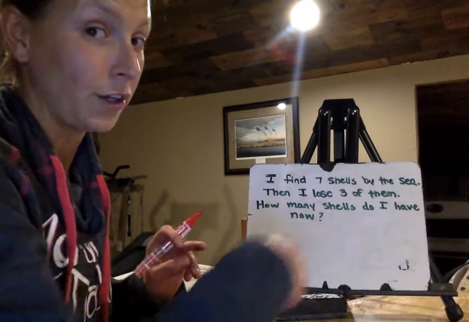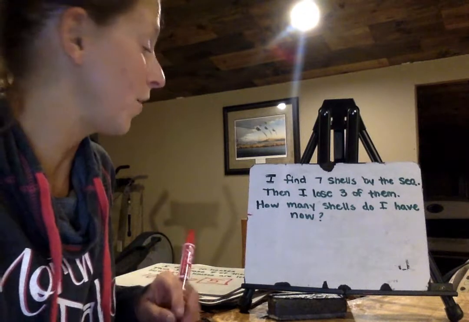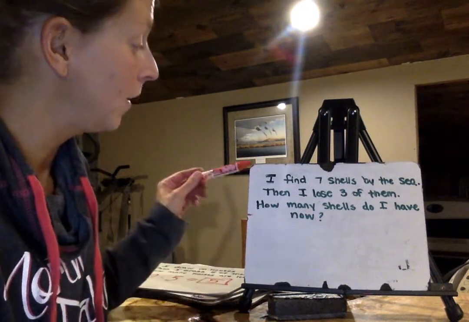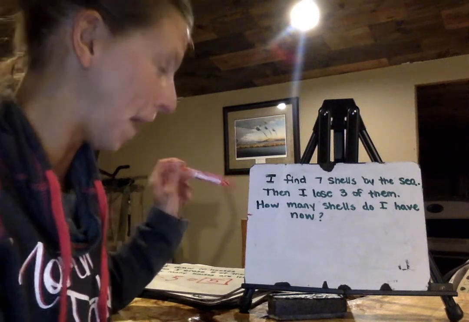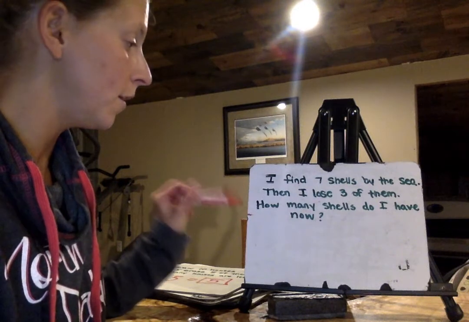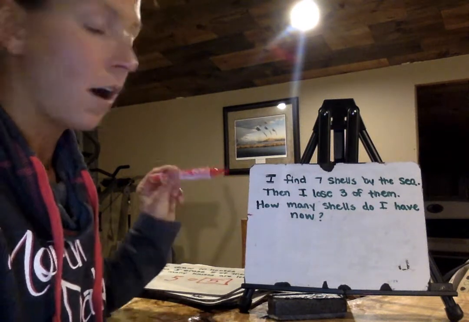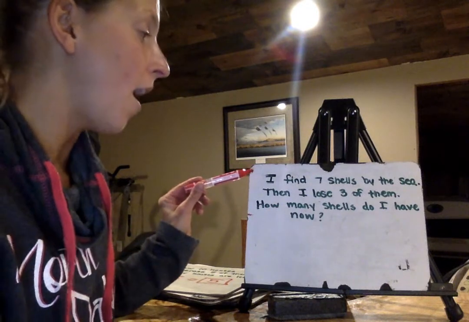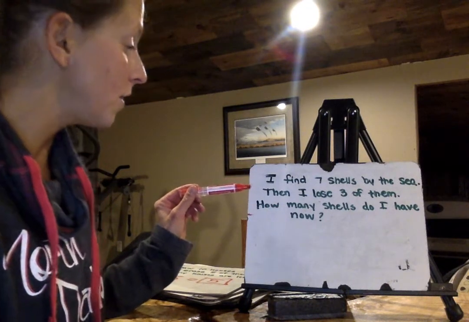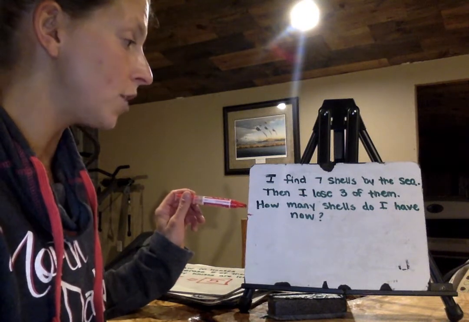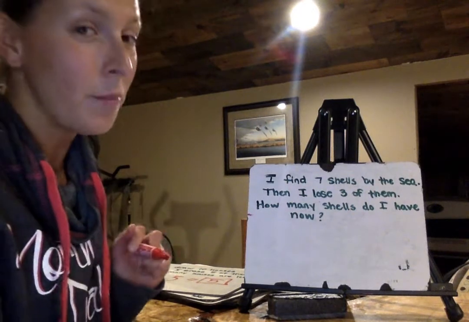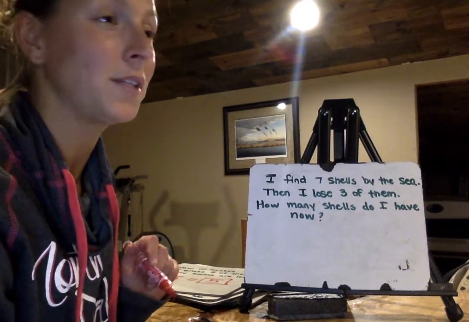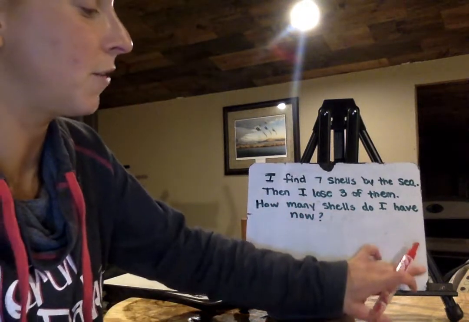And our last and final question, and hopefully you've gotten really good at counting on to find the difference or the unknown partner in a subtraction problem. It says, I find 7 shells by the sea. Then I lose 3 of them. How many shells do I have now? I'll read it again and then you can write the equation. I find 7 shells by the sea. Then I lose 3 of them. How many shells do I have now? Go ahead and pause, write the equation, solve it the best way you know how. But as you already know, I recommend that you please try counting on to find the missing partner or the difference like we've been doing. Okay,